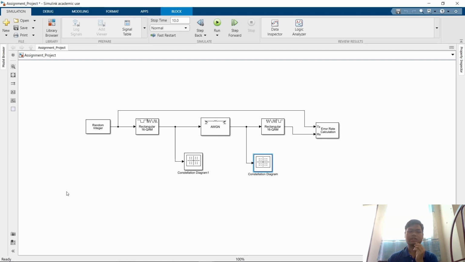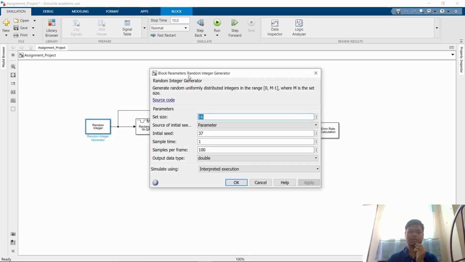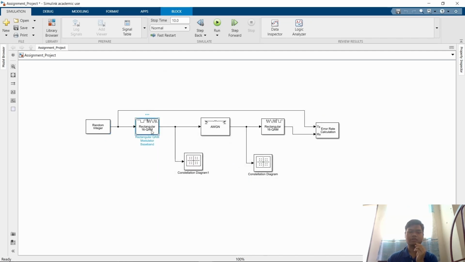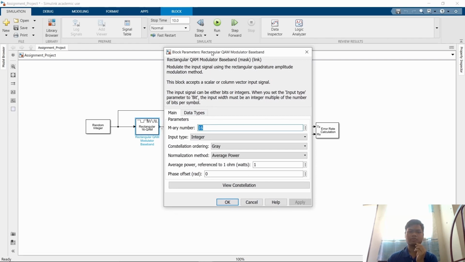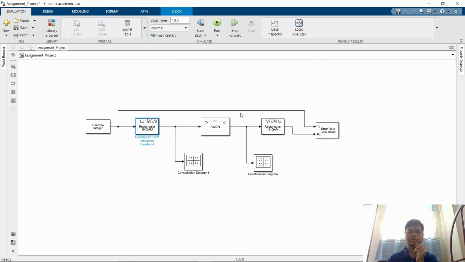This is the plot diagram for our QAM. The first one, we will generate a parameter for the random integer generator. Then it will go to the rectangular QAM modulator baseband. This will modulate the input signal using the rectangular quadrature amplitude modulation method. Then it will send the signal to the AWGN channel